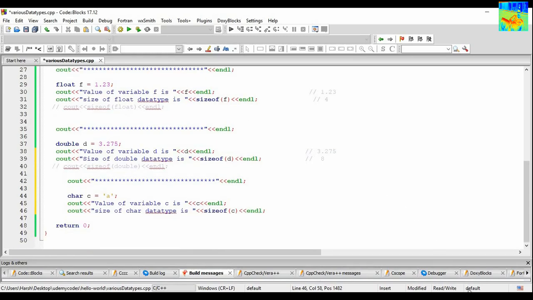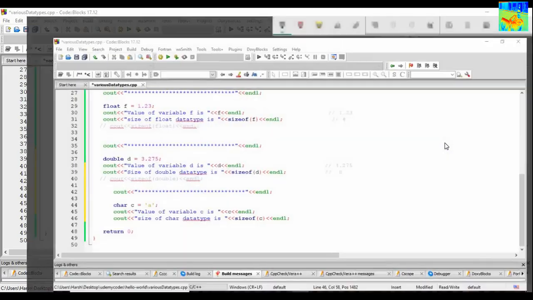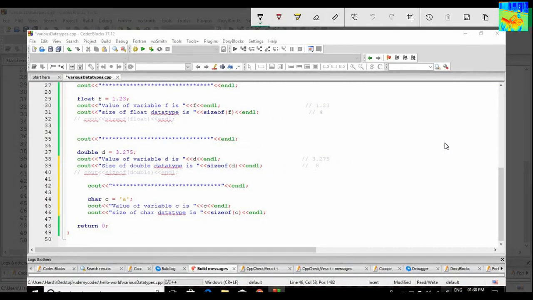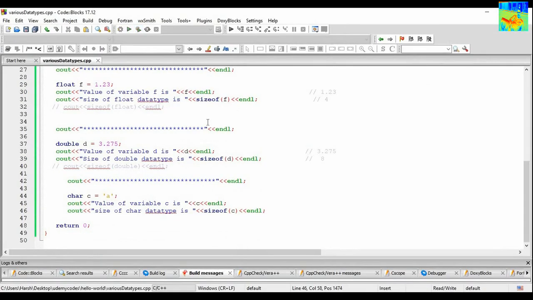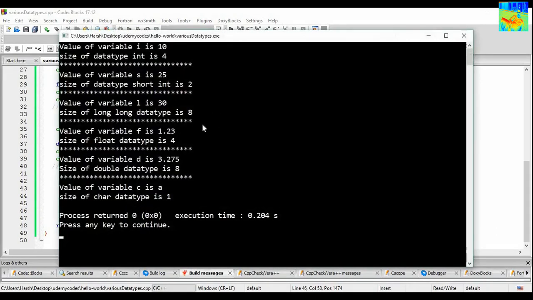So what should be our output? The value of variable C is character A and size of C is 1 byte, so A and 1 should be printed. Let's see. Build and run. So the value of variable C is A and size of char data type is 1.